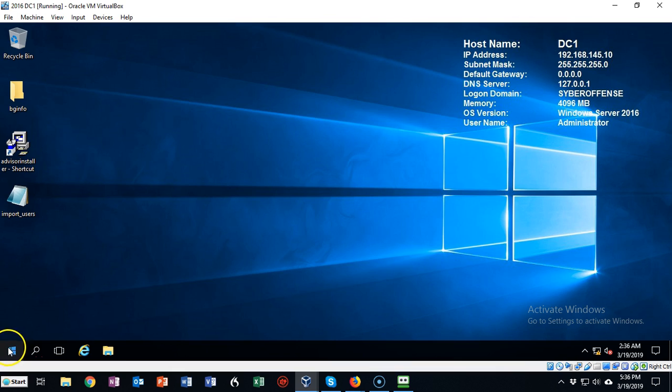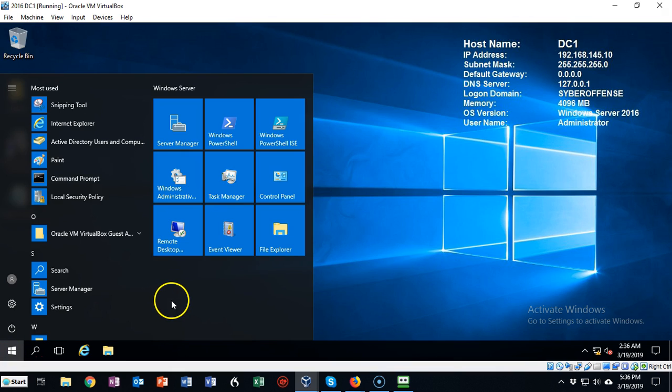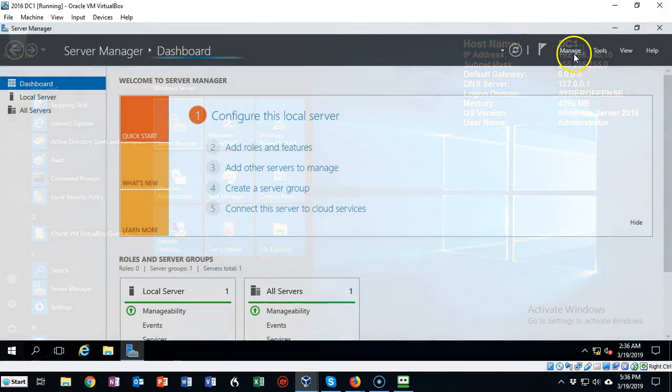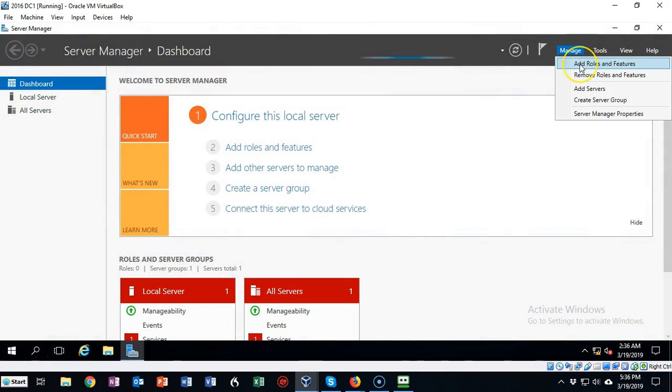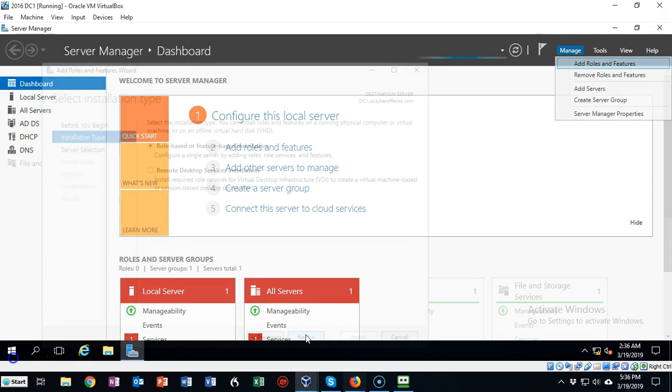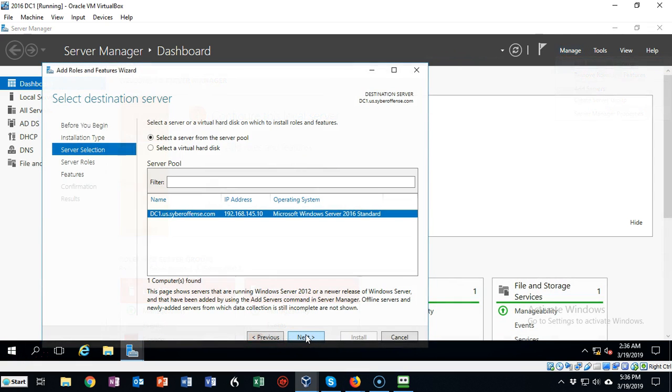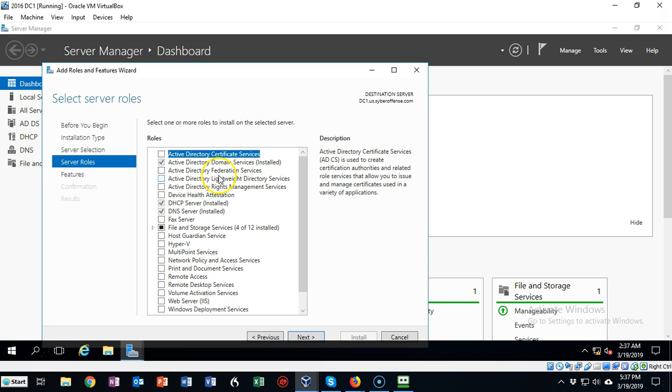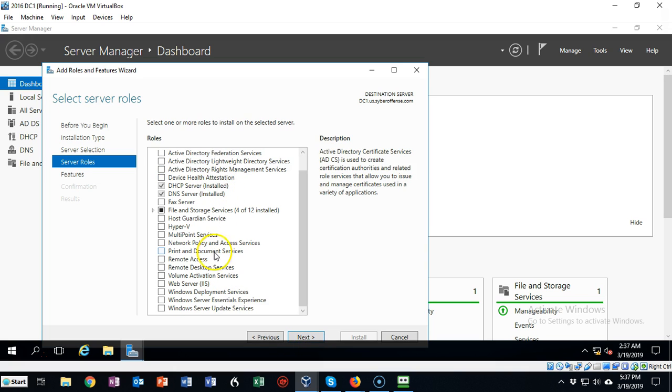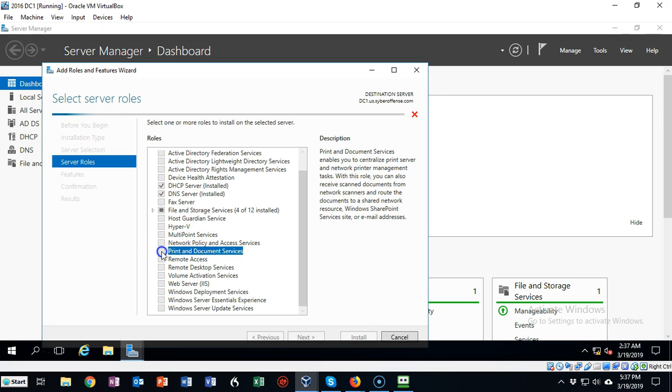To do this, we're going to need to add a role using our Server Manager. So let's go ahead and open up our Start menu. And from here, we're just going to launch Server Manager. From here, we're just going to go to Manage, and we're going to click on Add Roles and Features. Continue to click until you get to the actual roles that you can install. And from here, we're going to scroll on down until we come to Print and Document Services. Go ahead and add the features and click Next,